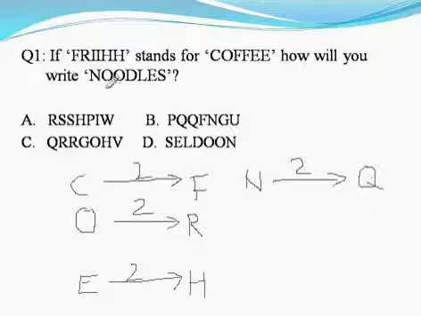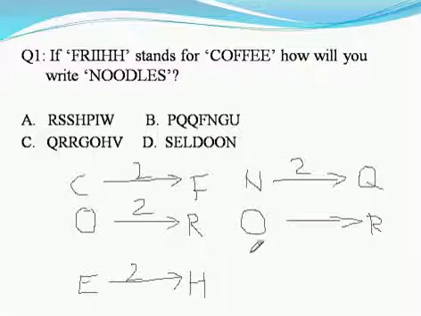Similarly you can try the second one, O. O directly we know, if we add 2 what we will get? We will get R. Now after doing this, don't do it for O, D, L, E, S, everything, just check the options. Which is first, Q and R here? Q and R is in the third option. That means your option is 3. You don't need to check for everything.